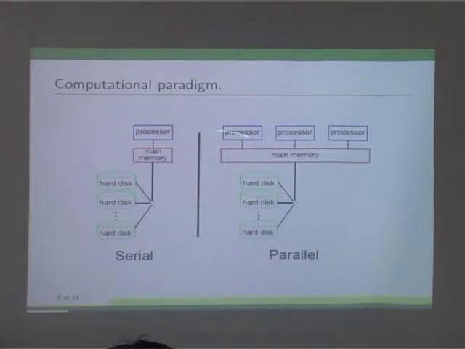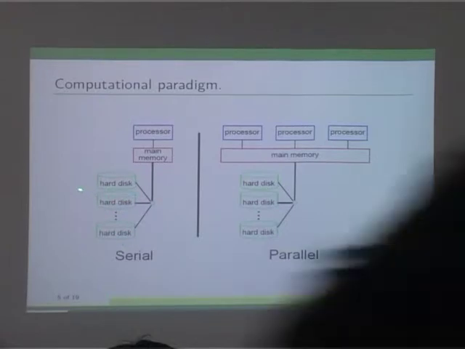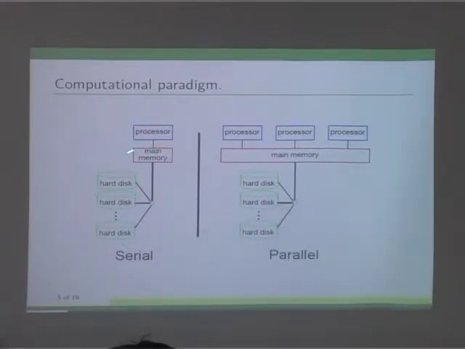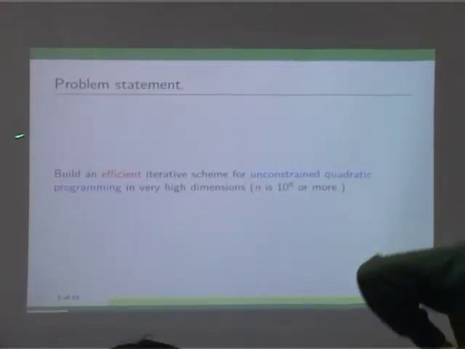When I say computational paradigm, I will assume that when you implement serially, you have something like this. You have a processor and a main memory, and there is a budget on the size of the main memory. But I'll assume the secondary storage has some distributed nature. You want to store 8 terabytes, so I'll assume your hard disk is large enough and has a distributed nature. I'm saying this is enough to solve the problem. You don't actually require a really large main memory. Let's go about seeing what I want to do.